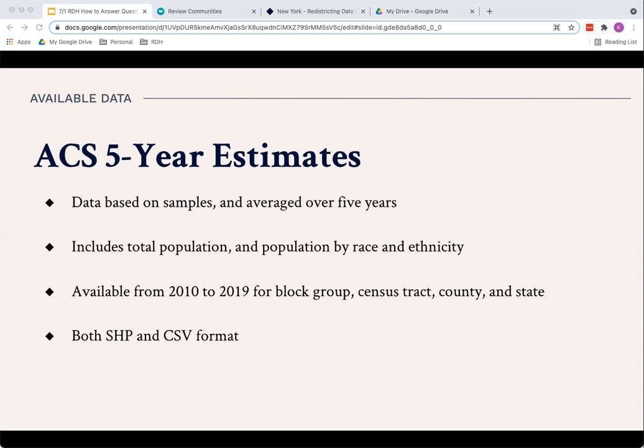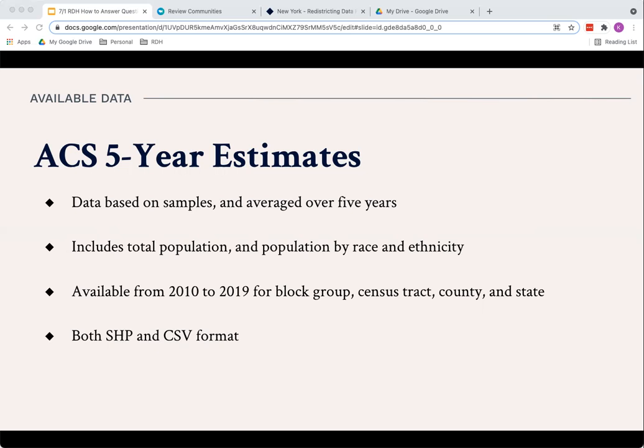margins of error. In contrast, the decennial census data is an enumeration of the population. It's a count of everybody. They're not estimates. They don't have a margin of error. So that's an important difference between those 2 data sets and something to keep in mind when you're using American Community Survey data. In addition, the data that we host are the 5-year estimates, meaning that they include survey